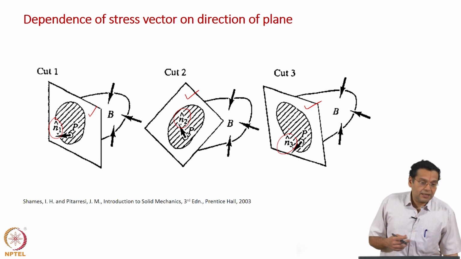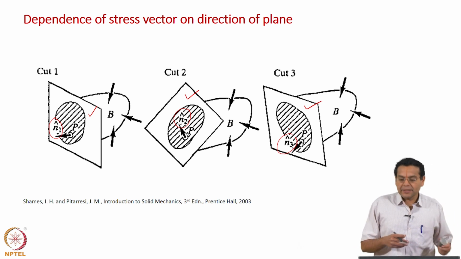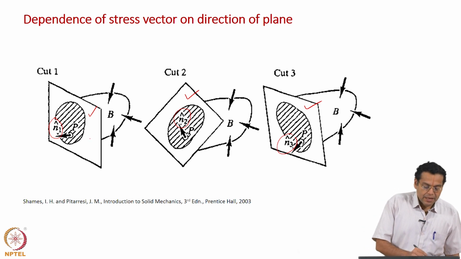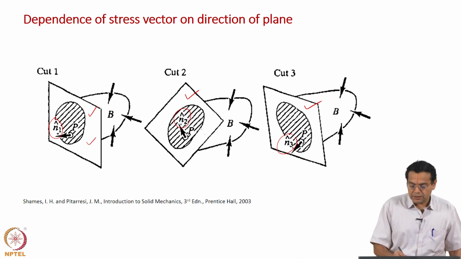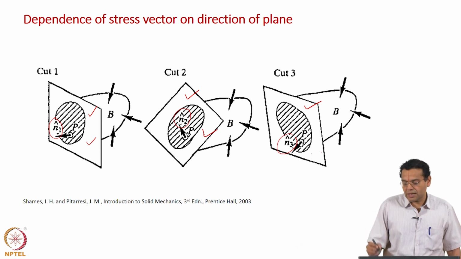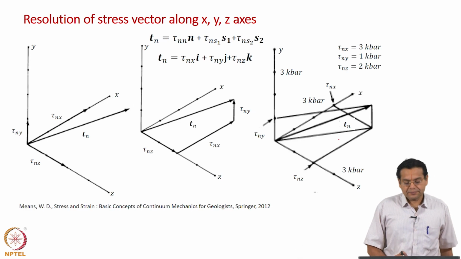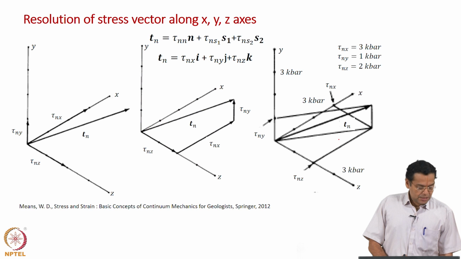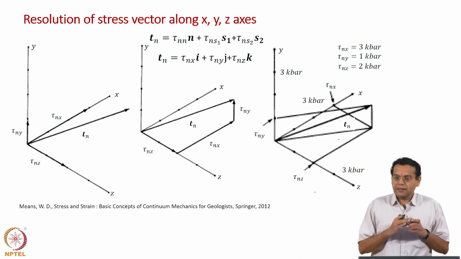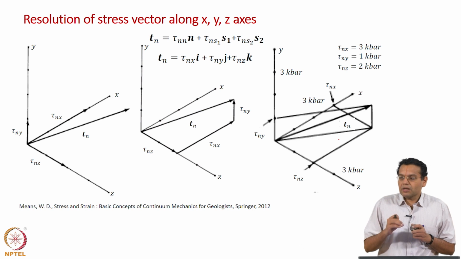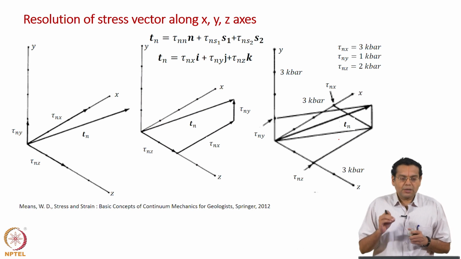Now, this becomes a little inconvenient for us because our coordinate system is attached to the plane. So, based on the plane you consider, this will have one n vector, s1 vector, s2 vector, this will have another set of n, s1, s2, similarly this will have n, s1, s2, which becomes very inconvenient for us, and that is why what we do is we consider any plane, but instead of choosing the coordinate axes associated with the plane, we resolve the stress vector along our usual x, y, z axes.